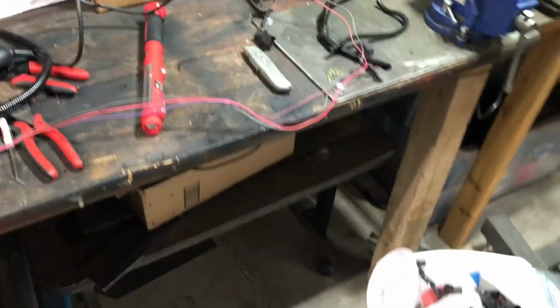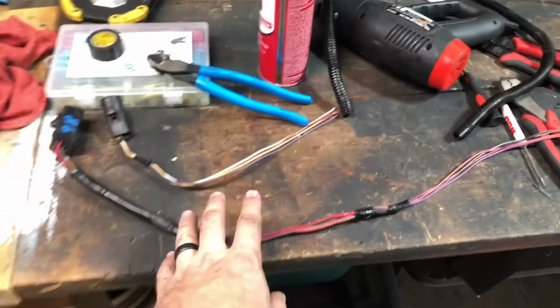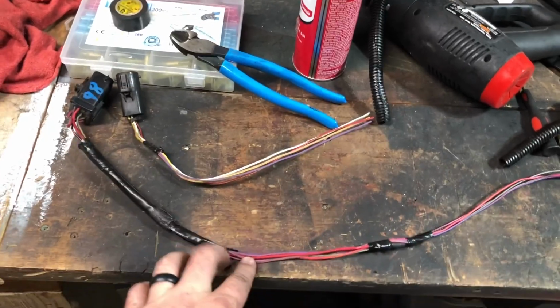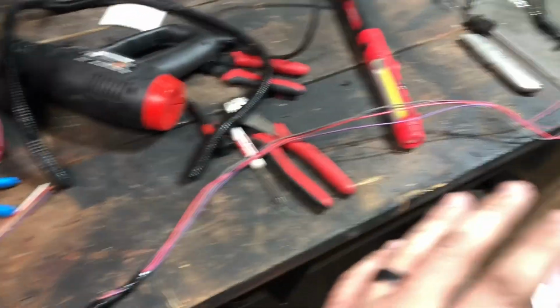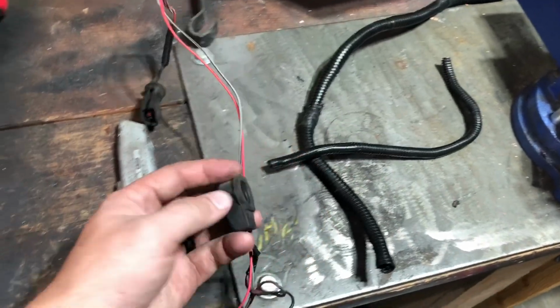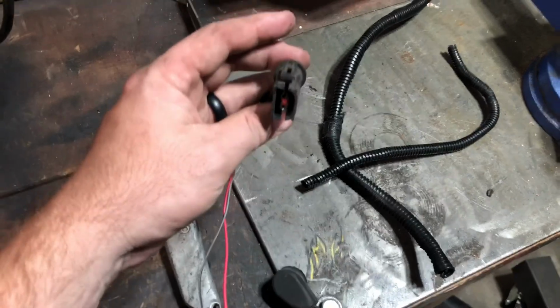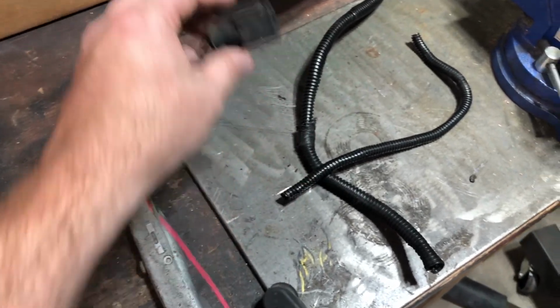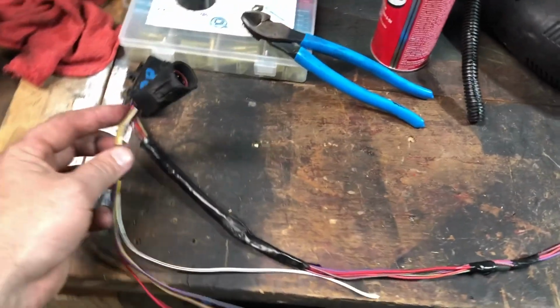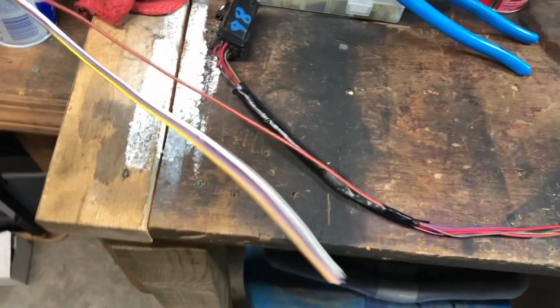Okay, wiring harness stuff. On the car side, I figured some things out, been looking at some stuff. This is my transmission harness off a manual car, and what I've done is strip it all off of the sheathing. The only thing you need to keep on this is the backup light plug and the speed sensor, like on the tail shaft. So you can take this guy up here that's spliced in with this. You can just cut it off,